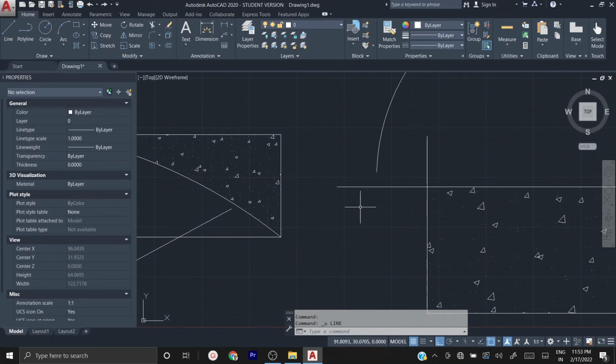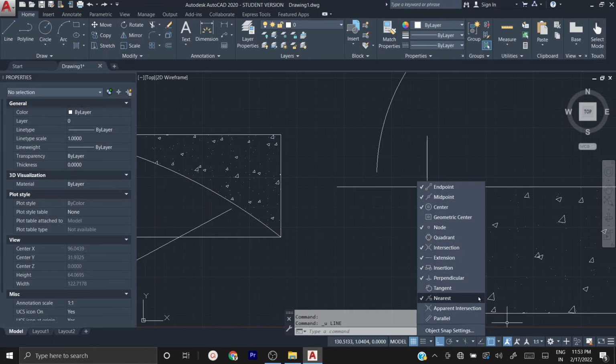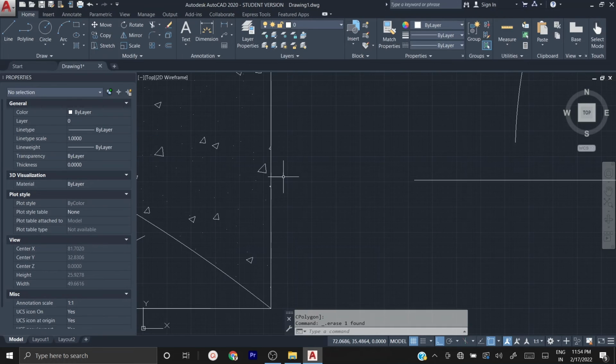So I don't want to create like that. I want help with a perpendicular. I'll switch on all the object snap points, mostly perpendicular, intersection, midpoint and endpoint. Type L, enter, then click the first point, then the second point.